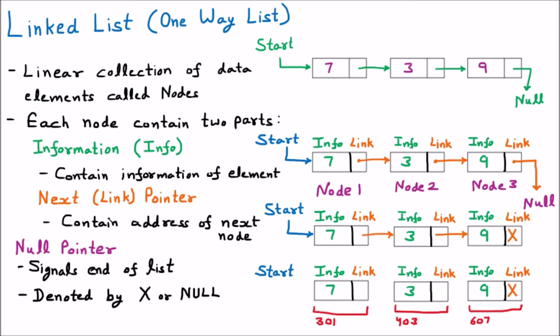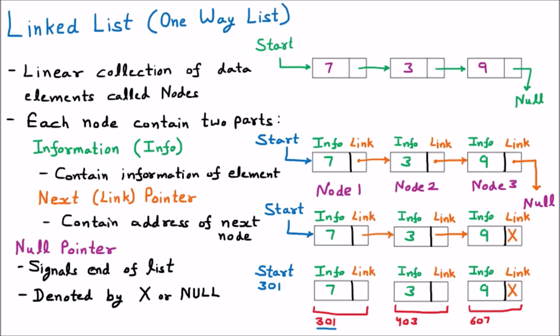So there are 3 nodes and 3 locations where the nodes are going to be stored. This is the starting location. As I already said, the start is pointing to the address of the first node. So what is the address of the first node? We know that the address of the first node is 301. So in the start, we are going to save the value which is 301. It is not an arrow which is going there. It is not a pointer like it is going there. Obviously, start is a pointer type variable which has the address of the first node, and the address of the first node is 301. So actually this address is stored into the start.